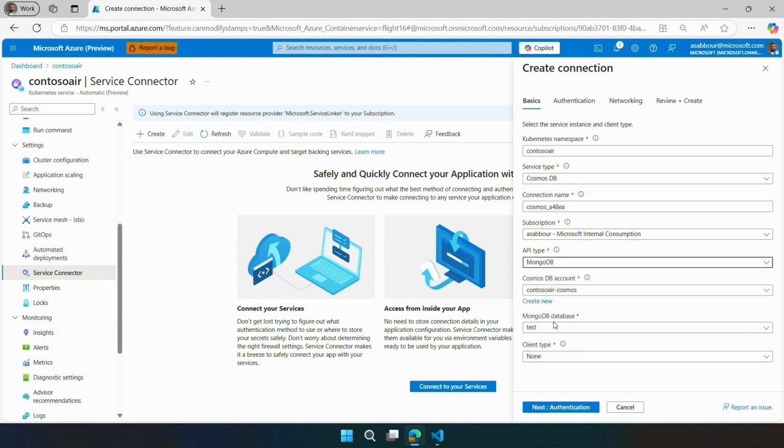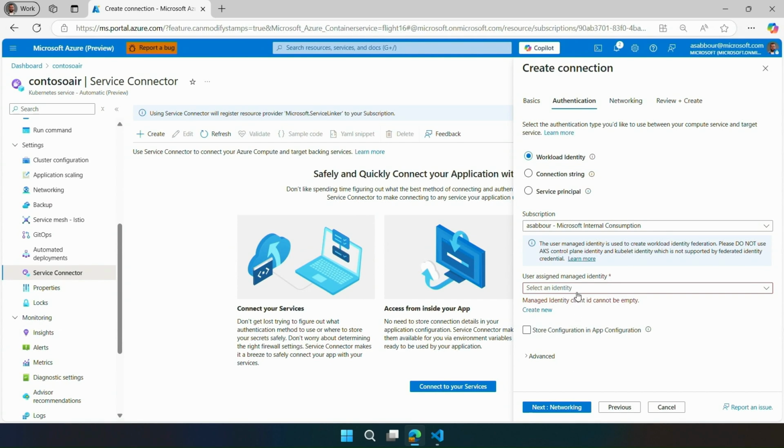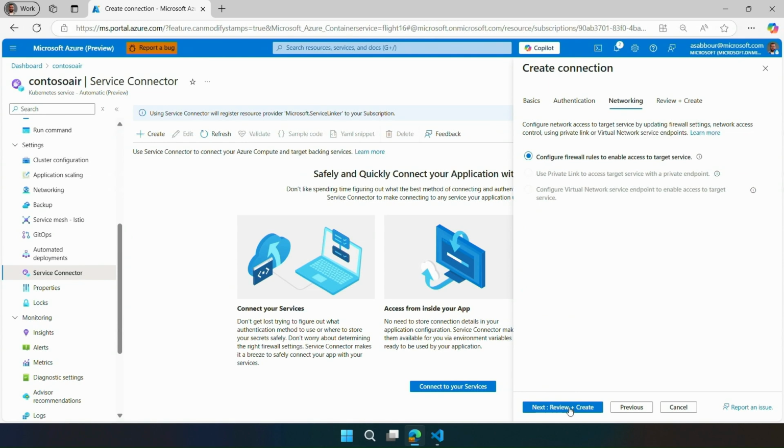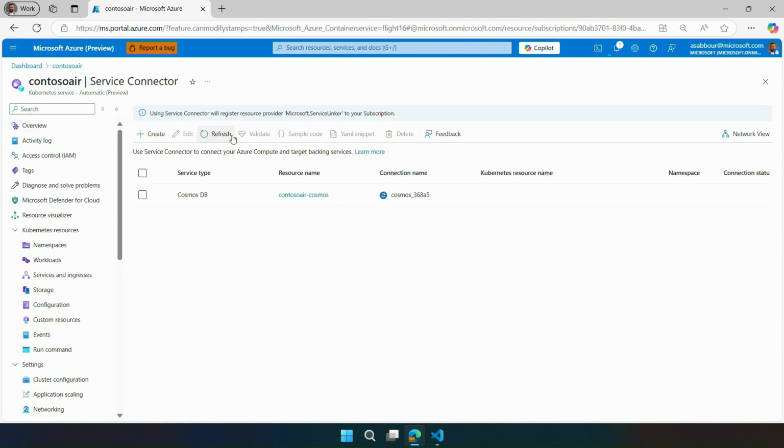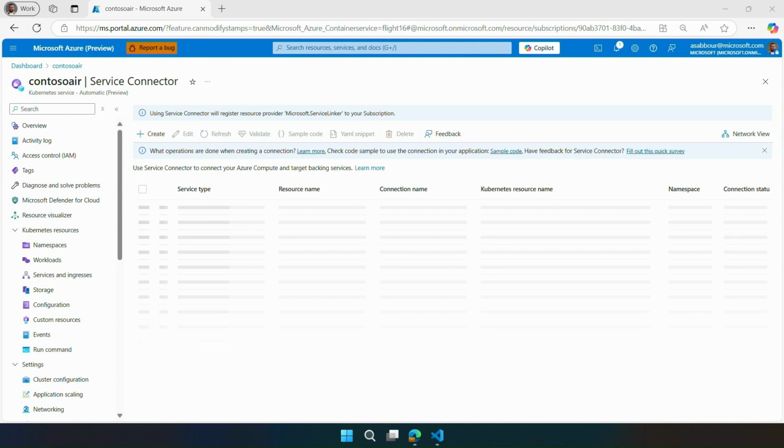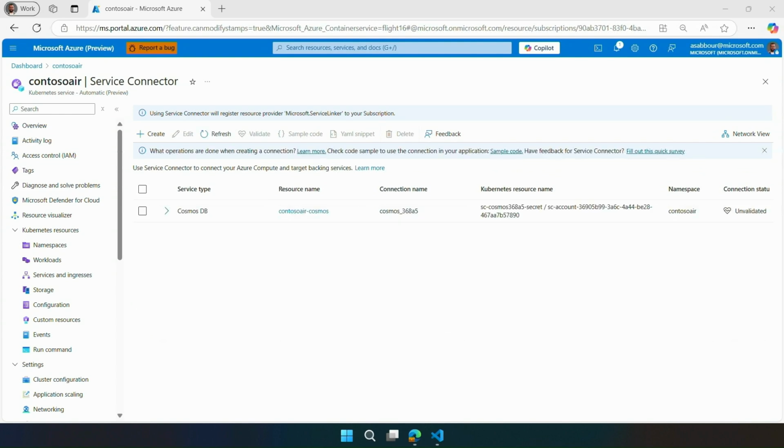So we just select the Cosmos DB that we have pre-created. We define how we want to connect to it, and we're going to use workload identity, which is going to ask us for an identity. It's going to establish a trust to this cluster, and this identity will have the right permissions to access this Cosmos DB. But usually this is where it gets a bit tricky, because now you need to load and pass on to the workload this identity that you establish trust with via a service account, and then load some environment variables, typically via a secret, for example. This might be a bit foreign to this handoff process between maybe developers and operations.